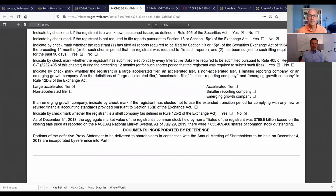I'm not a huge fan of the negative boxes, like the old Section 16 box that has been removed that said if you were going to have a delinquent filing. It's a little bit harder to understand, but in any event, that's how the box is checked. So if you see that box checked, then that means they are not going to be relying on that extended